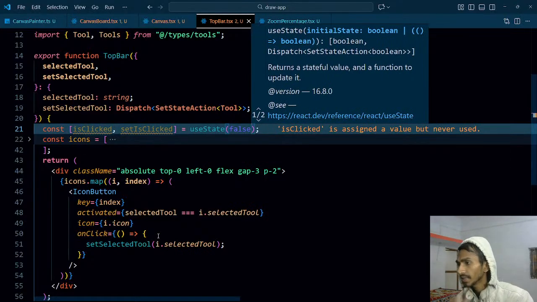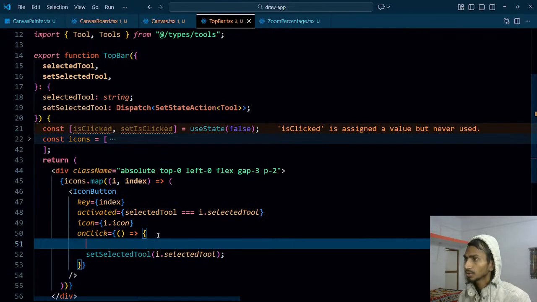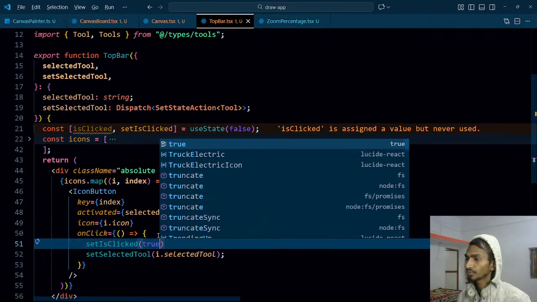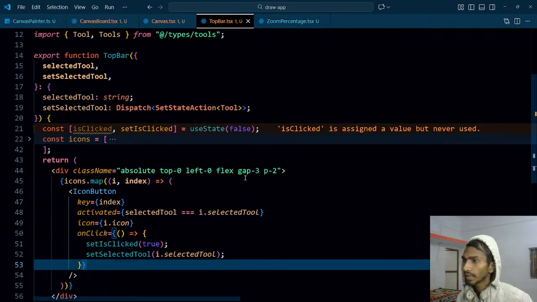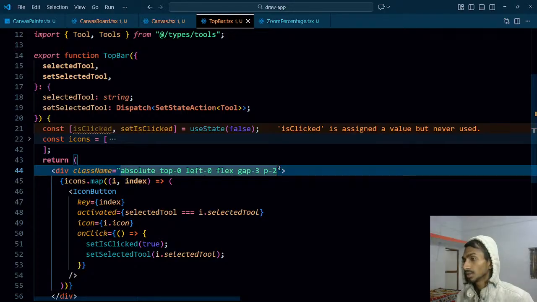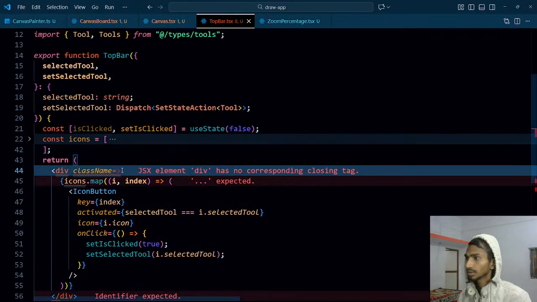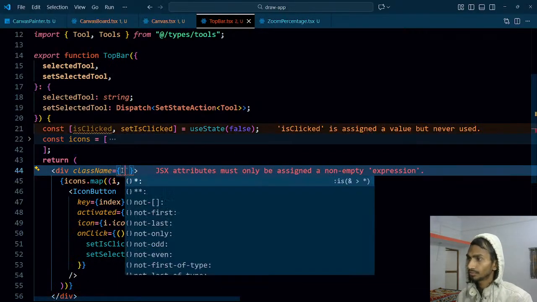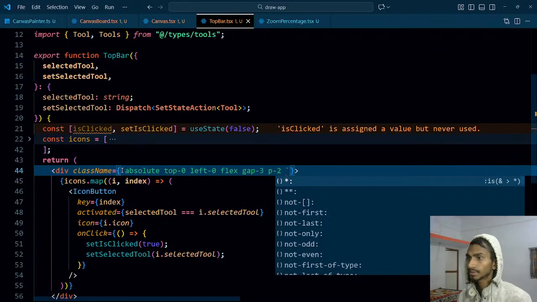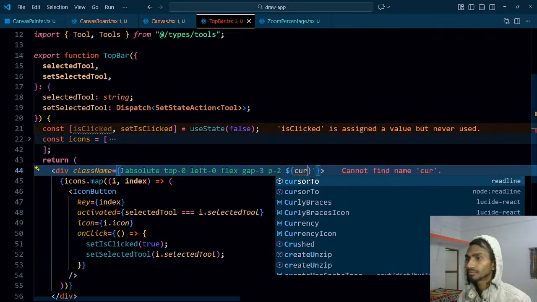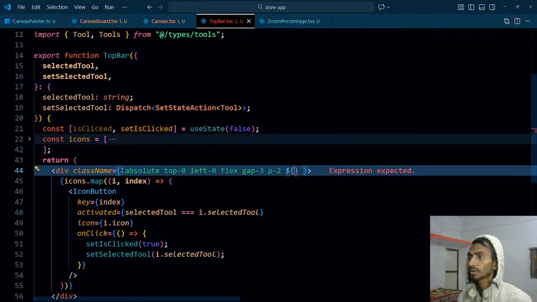And when I click on that, it should become true. So setIsClicked, that's going to be true. When clicked is true, at that time, I don't know whether it's going to work or not, just a guess actually. What if isClicked, in that case,